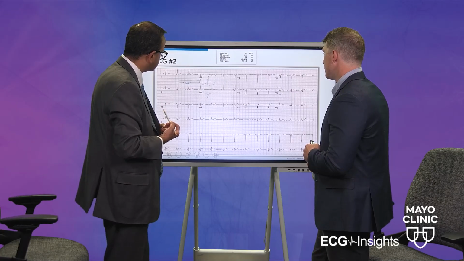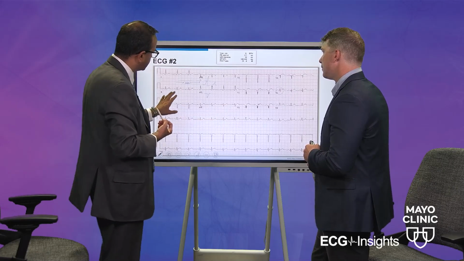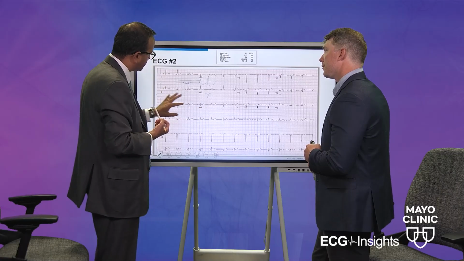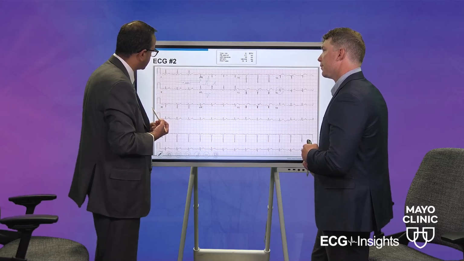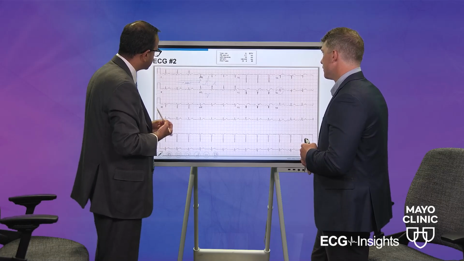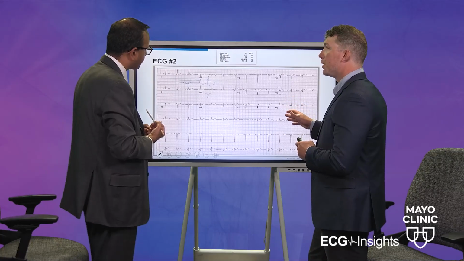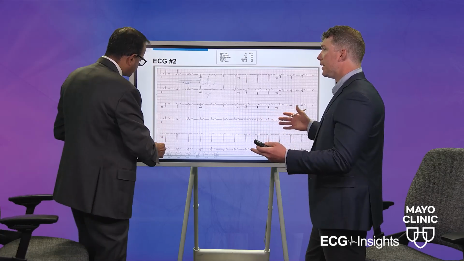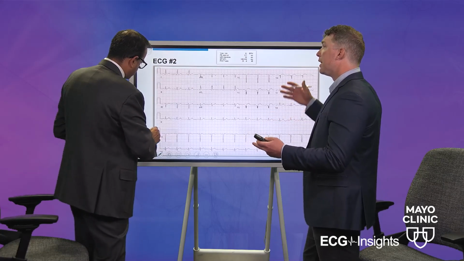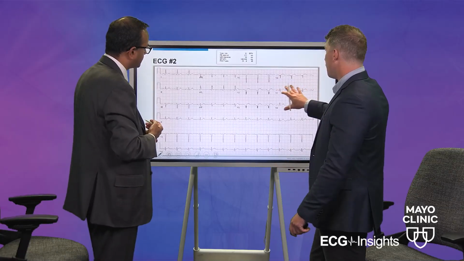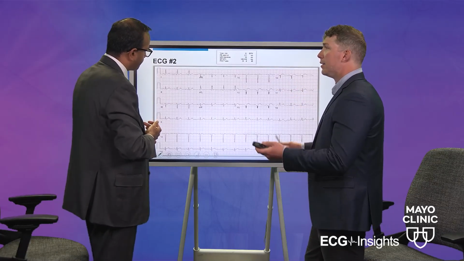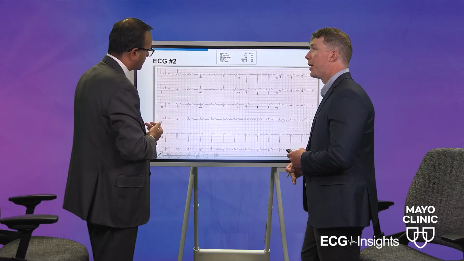So certainly lots going on in this ECG, but again remember the inferior leads were not affected, completely pristine looking inferior QRSs in the inferior leads. Same thing in lead 1 and AVL, they look pretty good. So this is an example of an old anterior wall MI, maybe some aneurysmal type changes or at least a dyskinetic apex. Yeah, and that kind of gets into your point of what you talked about in the last ECG, getting serial ECGs to see the progression of the ST elevation or the persistence of this type of abnormality where it might lead to something similar to a ventricular aneurysm.